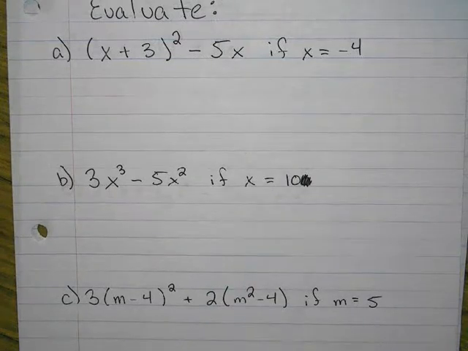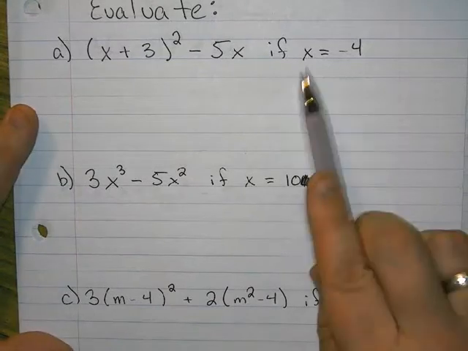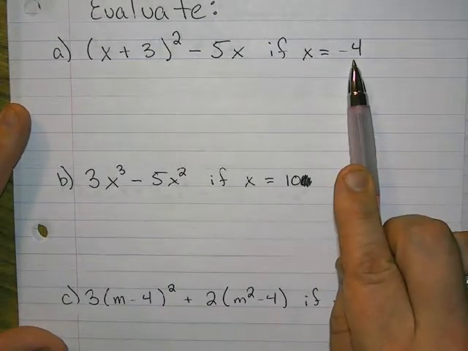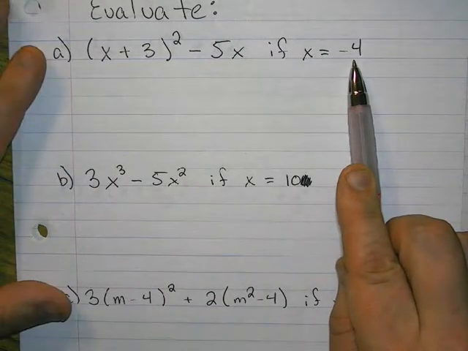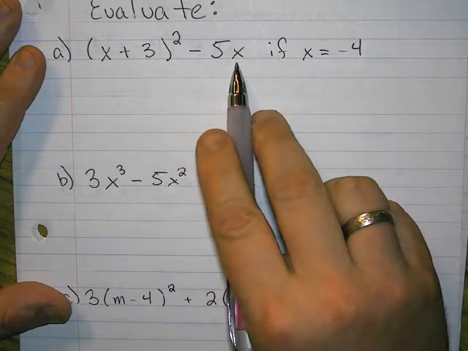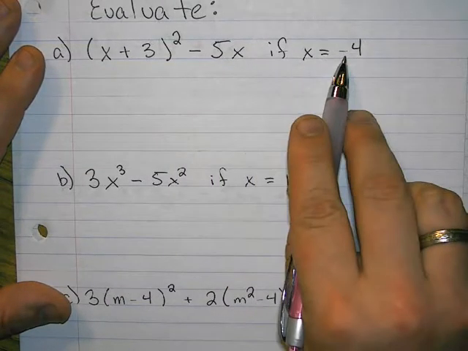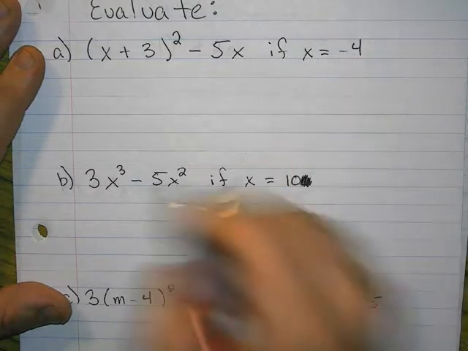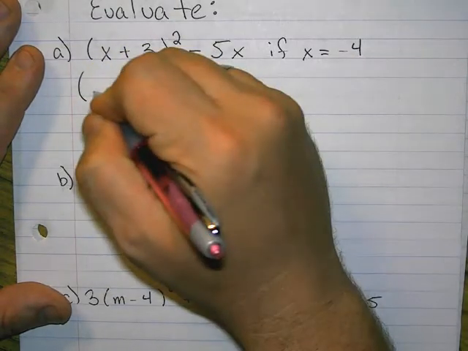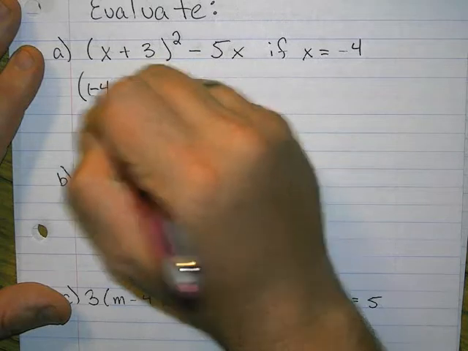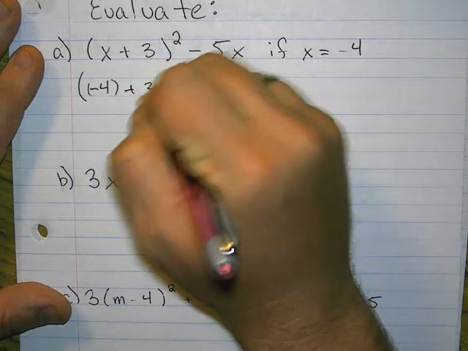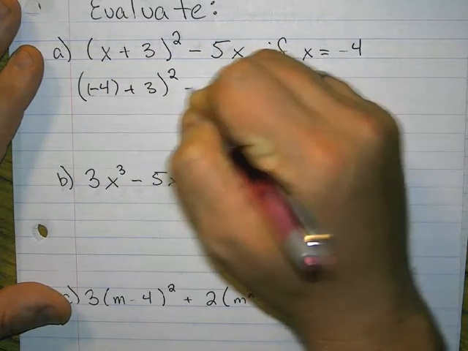All right. With evaluation, sometimes you could simplify first. And it's your prerogative if you want to do that, but personally, I find it easier to always substitute the actual value in first and then simplify. So every time I see an x, I'm going to substitute it for negative 4. Okay? So I'm going to rewrite the problem as negative 4 instead of the x plus 3 squared